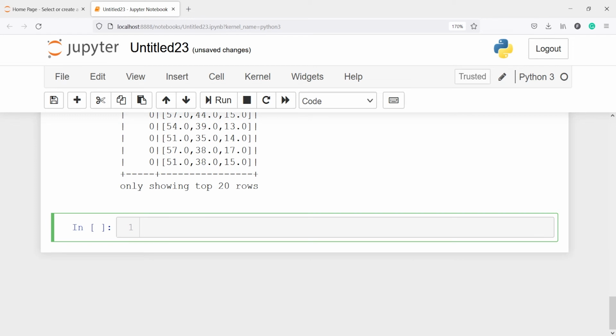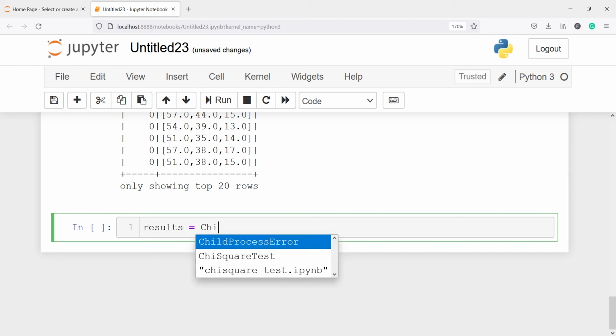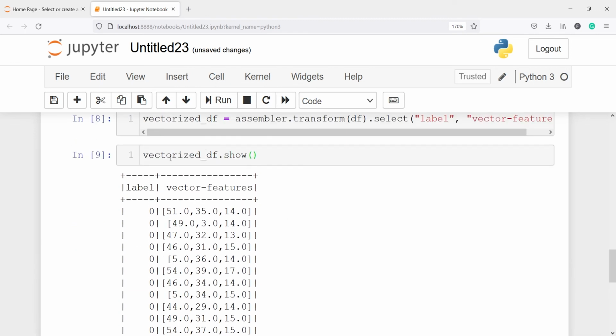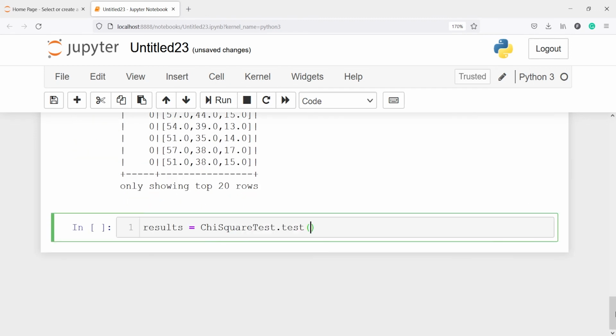Next I will compute the chi-square test and save the result in a variable. I'll make one variable results. I will call the class ChiSquareTest, and from this I will call the method test. Inside this I will pass the data frame which we have created, vectorized_df, and then I will pass the columns of this data frame.